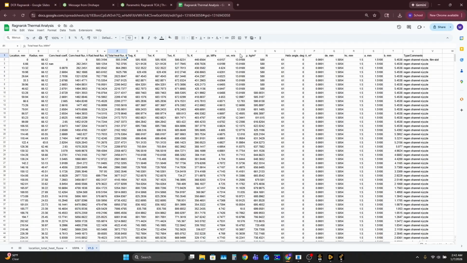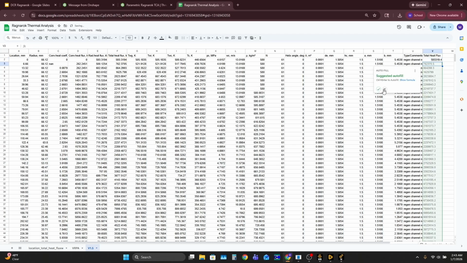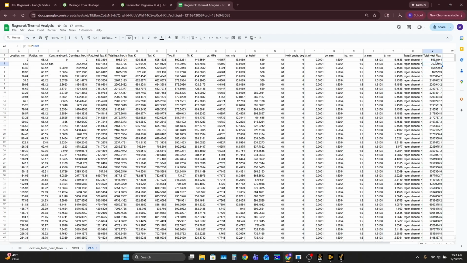So go over to here and we'll do total heat flux. And this is where we will convert from kilowatts to watts. So for total heat flux right here, we're going to multiply this by 1,000. And then we will autofill. Perfect. So now we have our total heat flux in watts per meter squared, which is the same units that